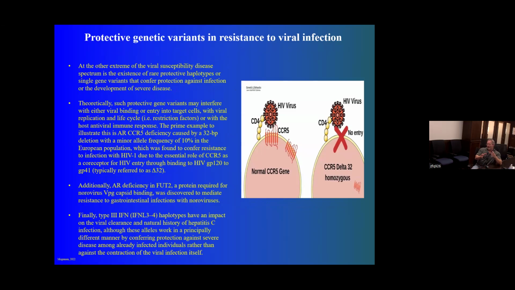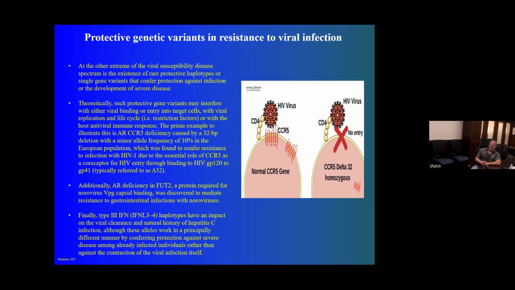So we've talked a lot about the bad side of these genetic deficiencies, right? You've got a genetic mutation, and at least from the context of the discussion so far, these mutations have all been bad. Is there ever a condition or a scenario where a genetic mutation could be beneficial? And the answer is yes. And so we're going to end the talk here with looking at a couple of these benefits that the host can receive through a genetic mutation. And I think probably one of the most famous ones is referred to as Delta 32, which is what we'll spend the rest of the time talking about here.